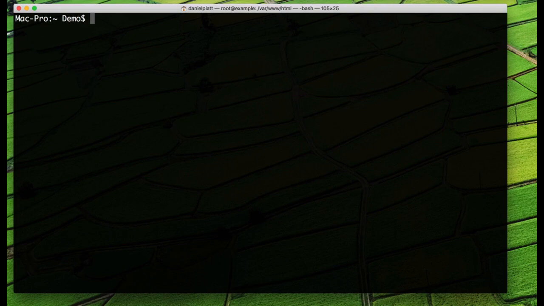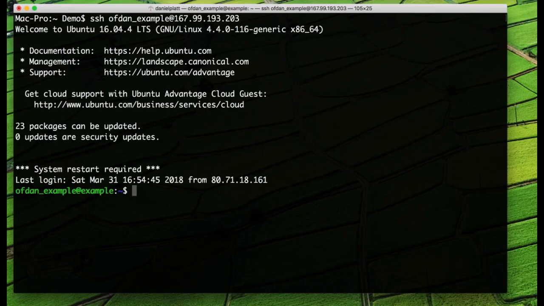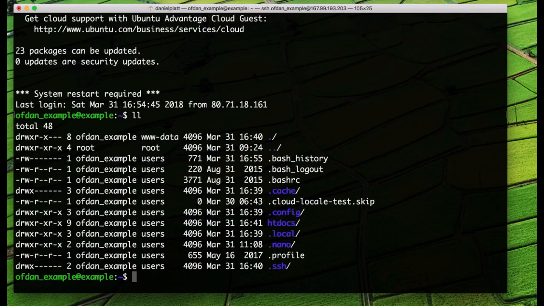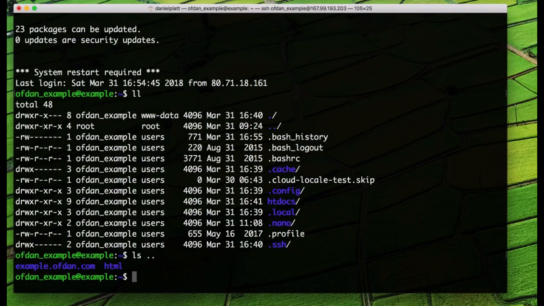And what we're going to do is we're going to log into the server as the user and see what we can see. So the idea is we're locked into this directory, but we're not fully locked in because we can see what's below us. We can also see